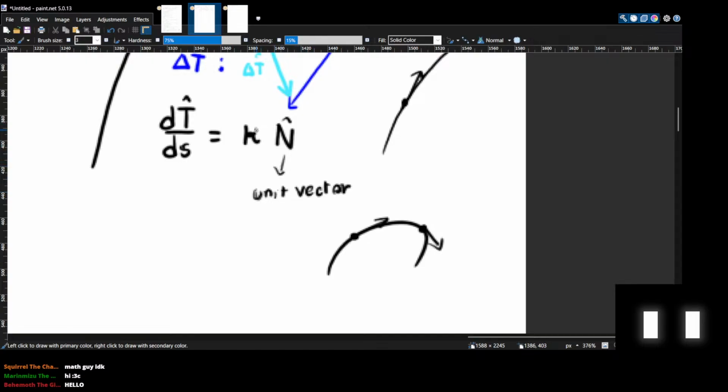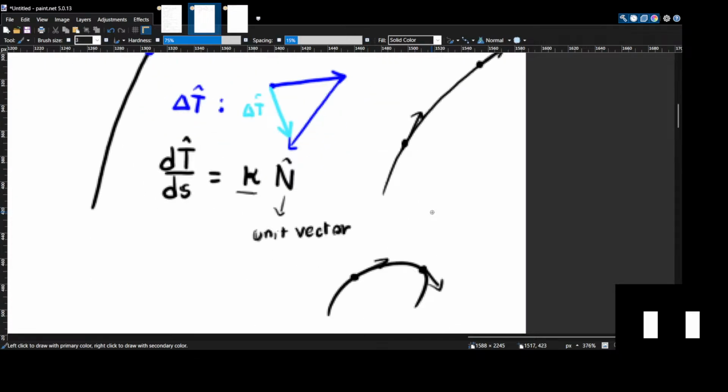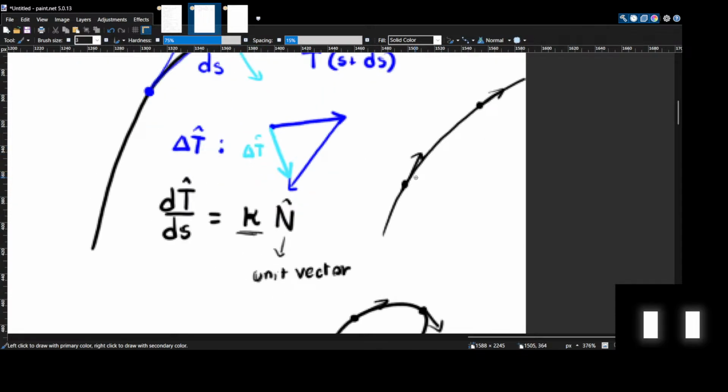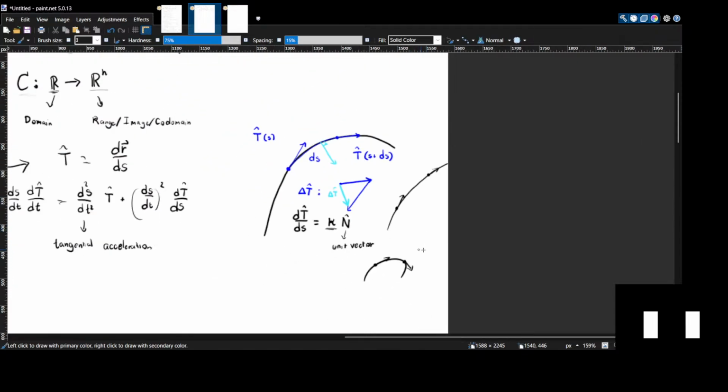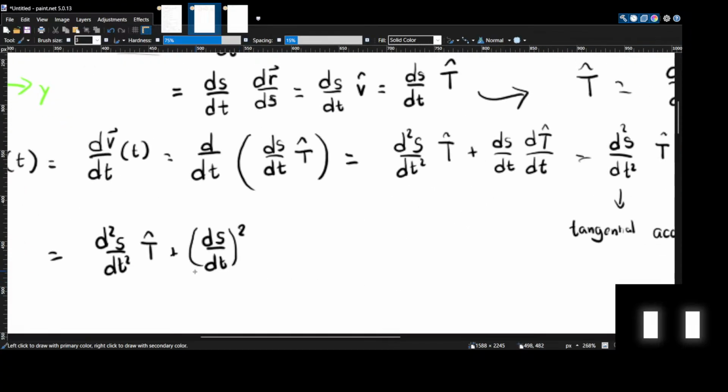We define n to be a unit vector. Therefore, kappa here is the curvature, which is the size of the change of the tangential vector: how quickly the tangential vector changes. The more curvy the curve is, the bigger this number is. The less curved the curve is, the smaller this number is. So from that definition, we can finally say that this is equal to